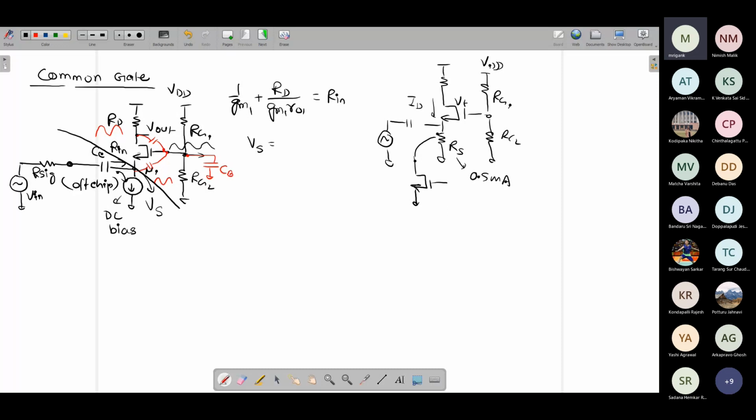But we need to record the impedance of the above circuit, which we have already found out: 1 upon gm plus RD upon gm RO1. We can simplify it. We assume that it is just 1 upon gm1, as your RD is much lower than RO1, then you can take it as 1 upon gm1. So it is going to be just Rin upon Rin